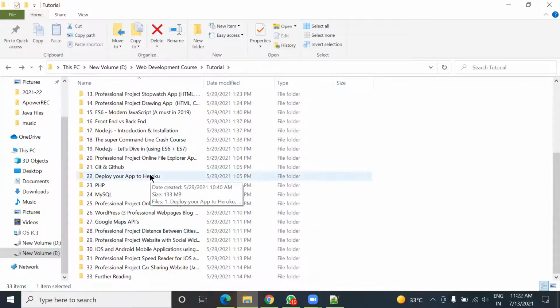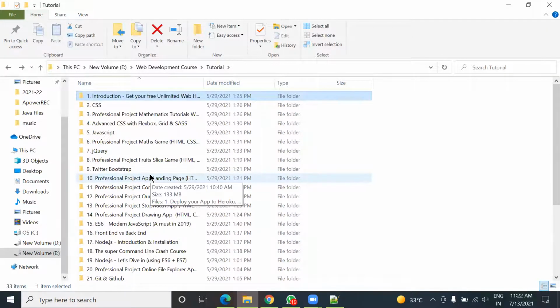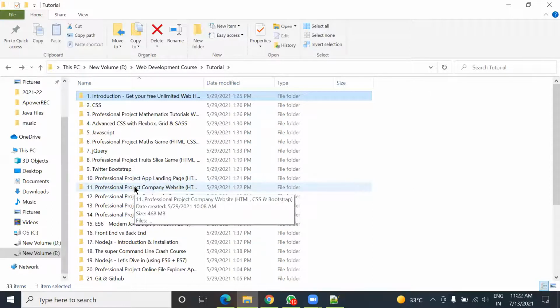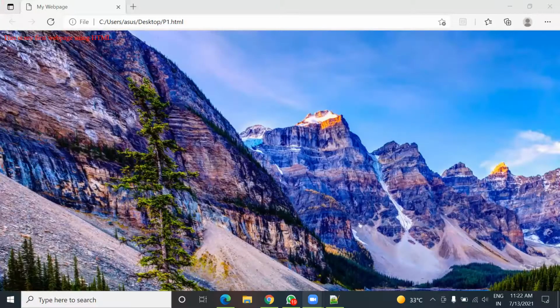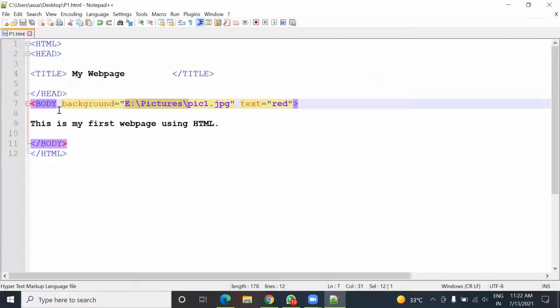Don't worry, you will study these things also, but in your graduation classes, or if you take admission somewhere for a web development course. So far we have covered the background attribute and the bgcolor attribute, both of the body tag. If you have any doubt, any question, you can ask.